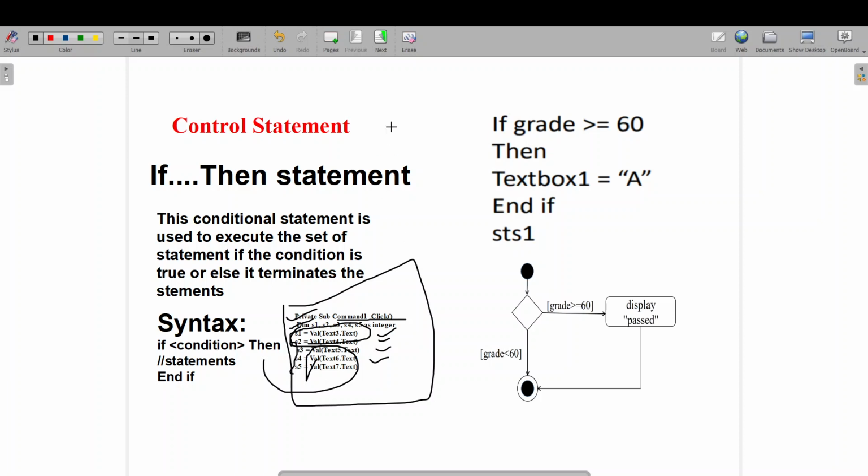So in VB, basically we have four conditional control statements. That is the if then statement, the if else if then statement, the if else statement, and the select case statement. So first we'll see the if then statement. What is the if then statement? This conditional statement is used to execute a statement if the condition is true, or else it terminates